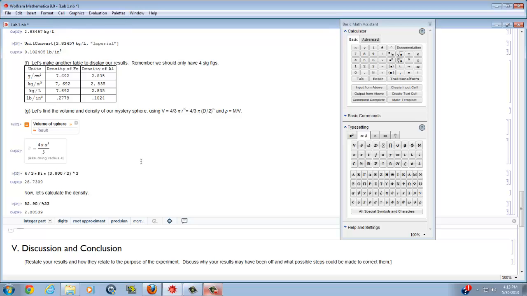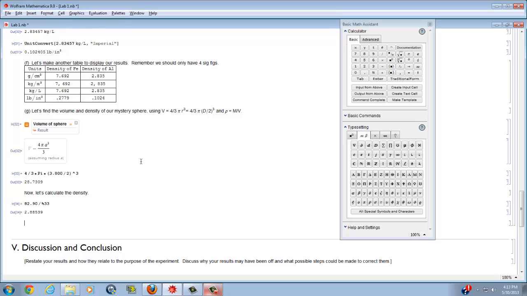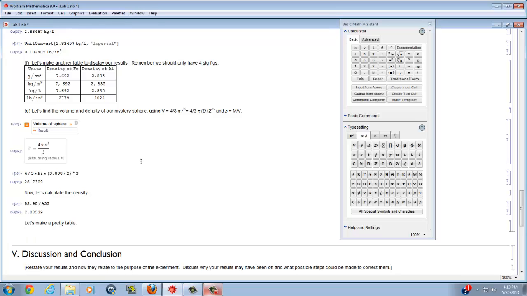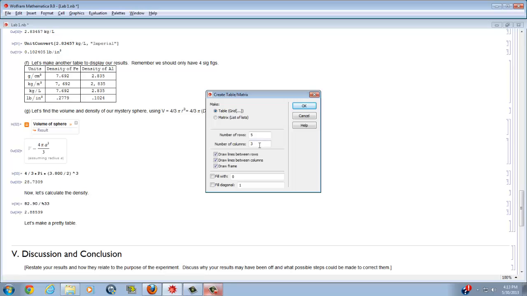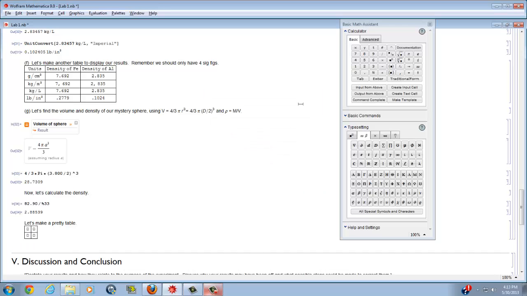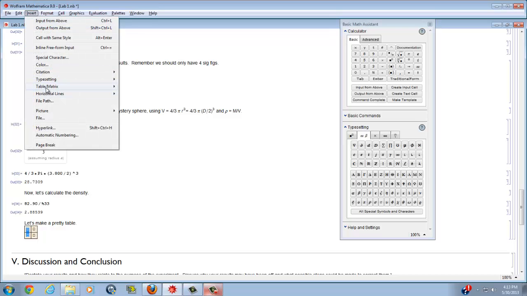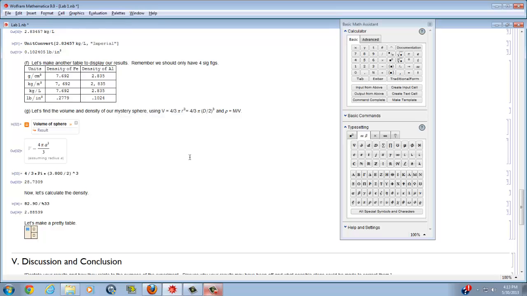So let's make a pretty table for it. So Alt 7, and then Enter, and again I can go to Insert, Table, New, and this time I'm going to have 2 rows and 2 columns. Press OK. So for this one, I want to span the first column, so Insert, Table, make spanning, and I'm going to say